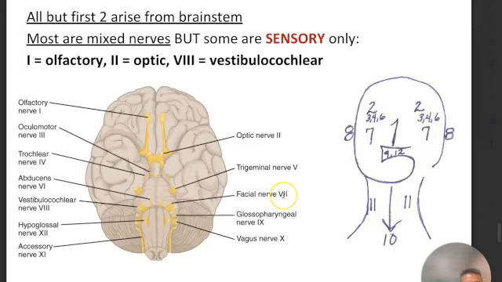Facial nerve is 7. Number 8 has the vestibular part and the cochlear part. So it's actually 2 nerves combined in one. Vestibular, cochlear. So hearing and balance. Number 9, glossopharyngeal. Tongue. Number 10,